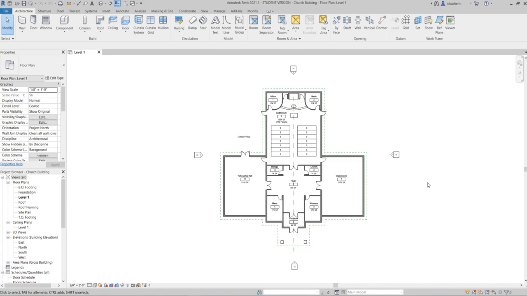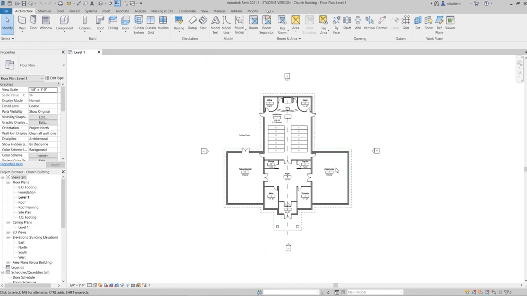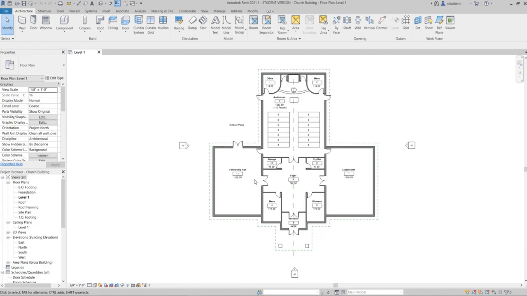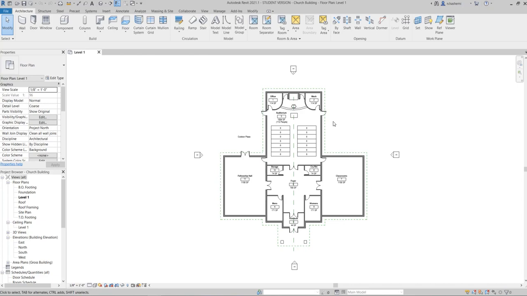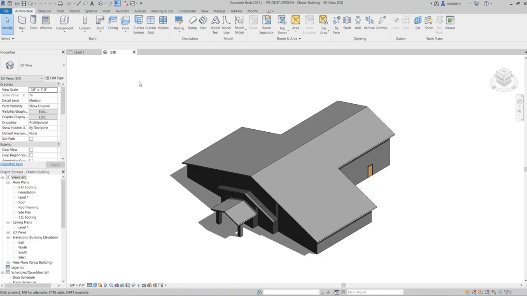Actually, what you need to zoom in and out your model is just the mouse wheel. So just use it for zooming in and out, and that's it. The next thing I want to show you is located on the quick access toolbar, and this button. This looks like a house, but this is actually our 3D view. So as you click on it, you can see your 3D view of your model.